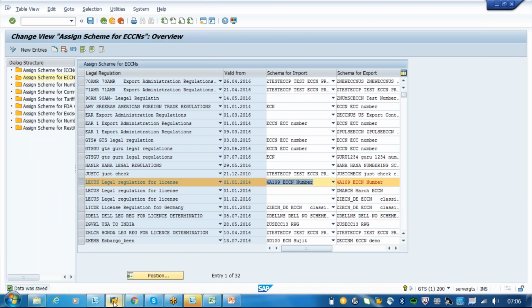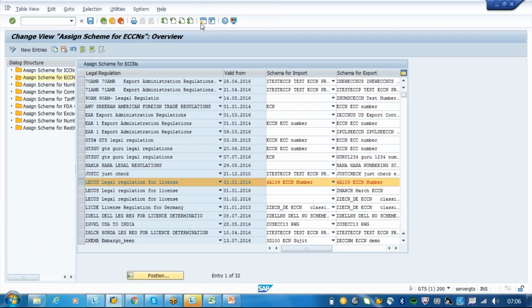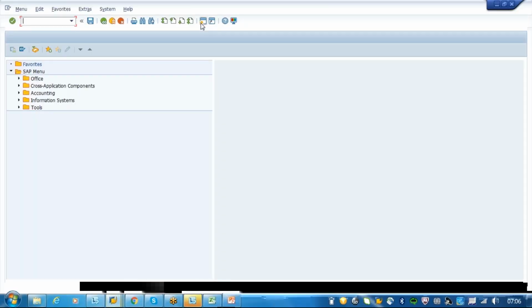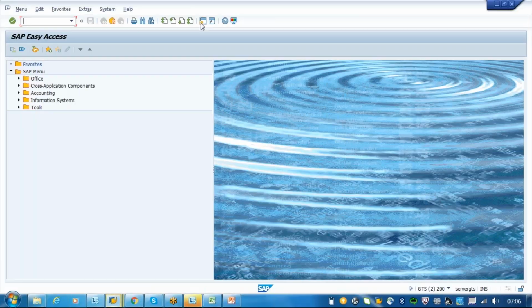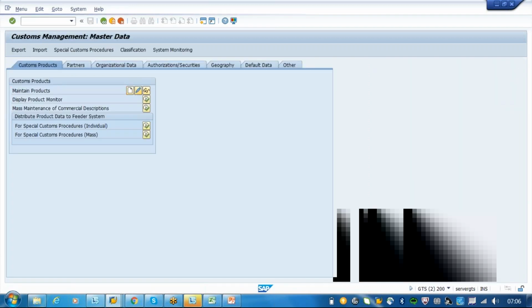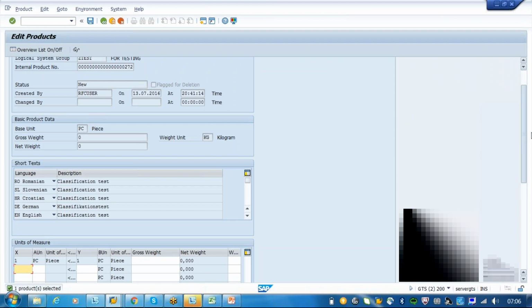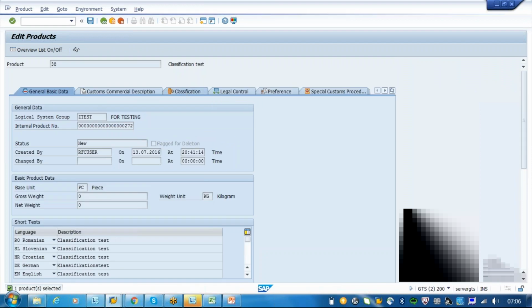So now what we have to do is just go to the material master. Go to maintain product. Classification.